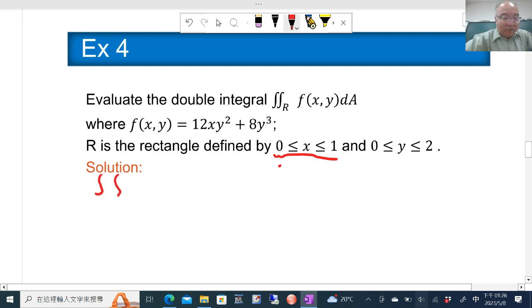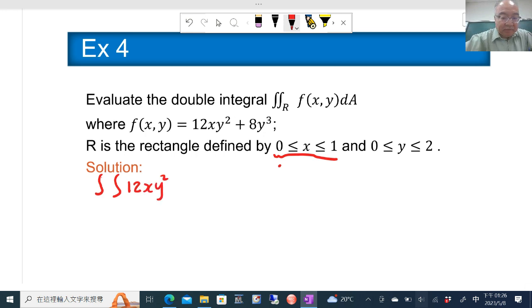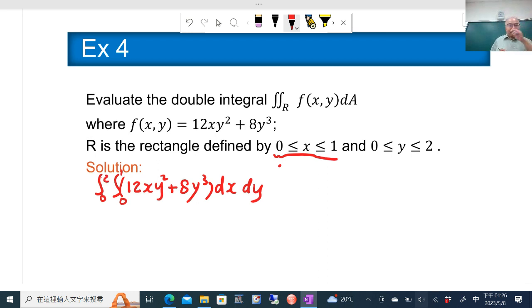So the integration, the function is 12x times y squared plus a times y to the power of 3, dx dy. Since x is between 0 and 1, we have 0 and 1, and y will be between 0 and 2, so we have 0 and 2 in here. Now the first step,